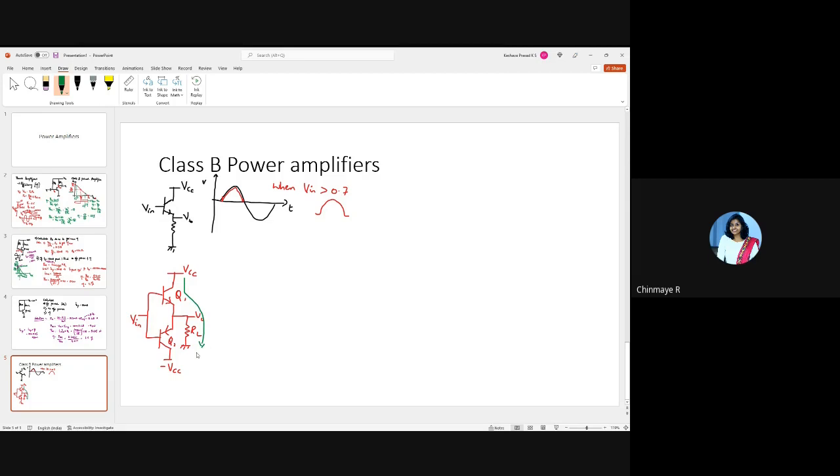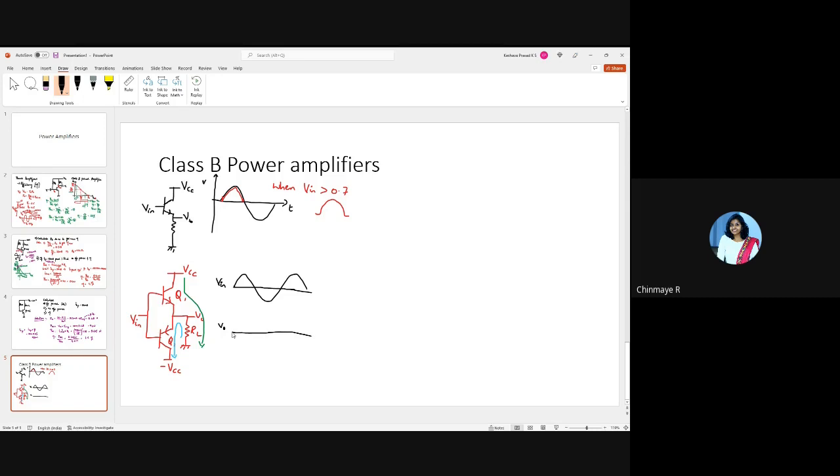When Vin is negative, the PNP transistor is on, and therefore it follows this path. Right? So now, if I have to draw the waveform, if this is Vin, where Vin is a sine wave, and if I have to draw Vout now,